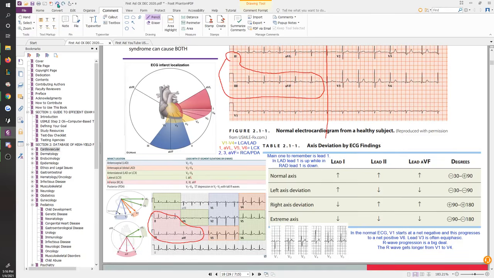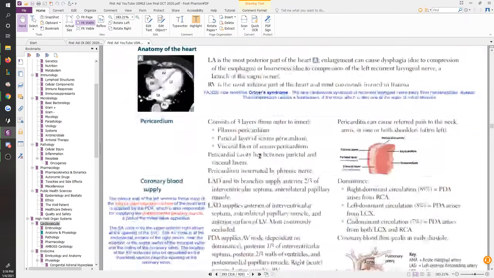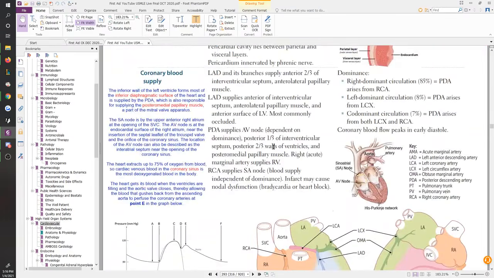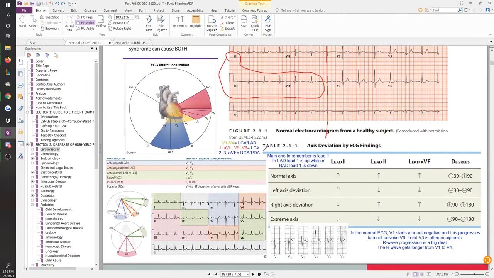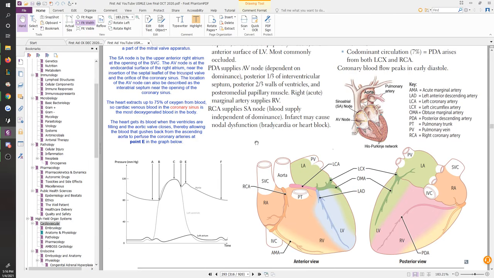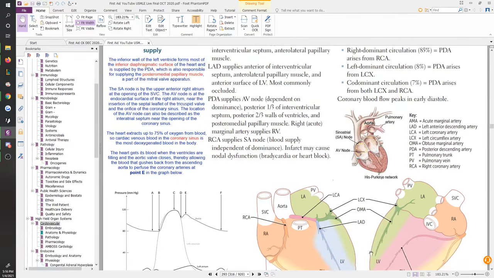So what you're seeing here is an axis of the heart. 2, 3, aVF is actually really critical, mainly because of the arteries it looks at, right? So it looks at your right coronary artery and your PDA. So if you haven't refreshed that in quite some time now, you want to make sure you go back to First Aid Step 1 and check out the cardiovascular anatomy, right? So First Aid CK, one of the flaws it has is that it's assuming you're done with Step 1, and it's also assuming that you have pretty good recall of everything you did in Step 1 studies. Right, so you want to make sure you know the arterial supply and the anatomy of the heart.